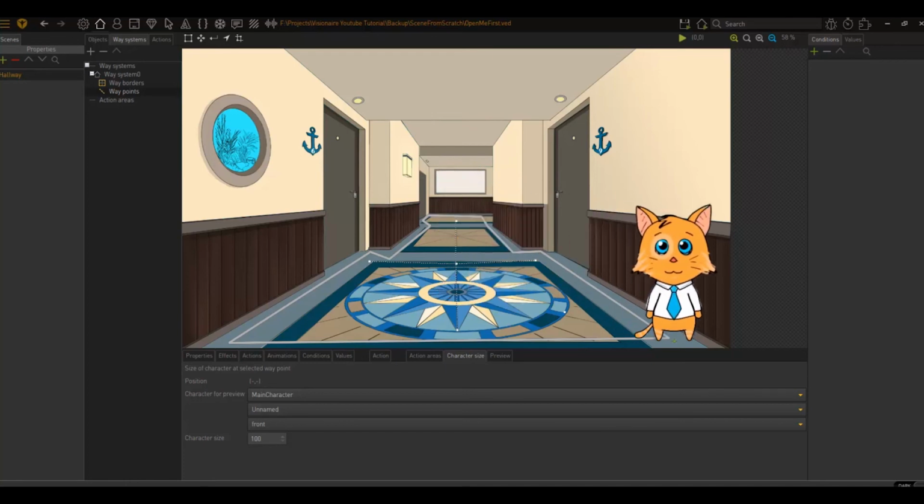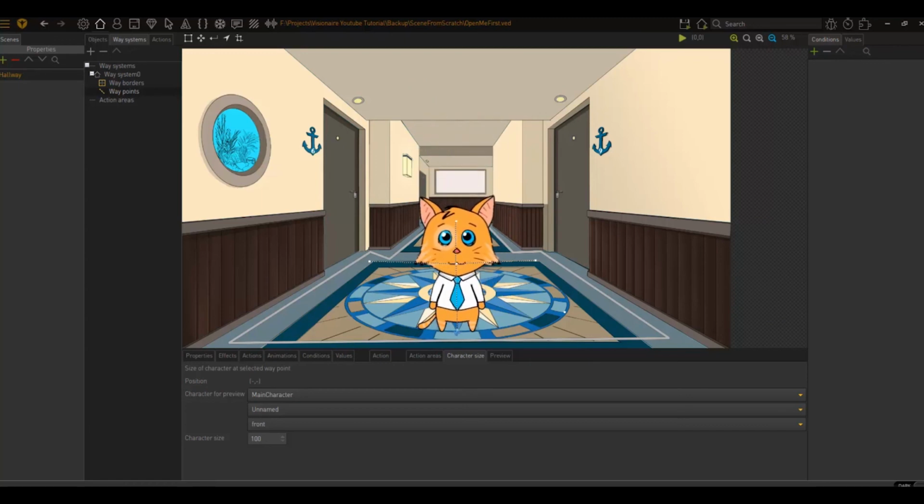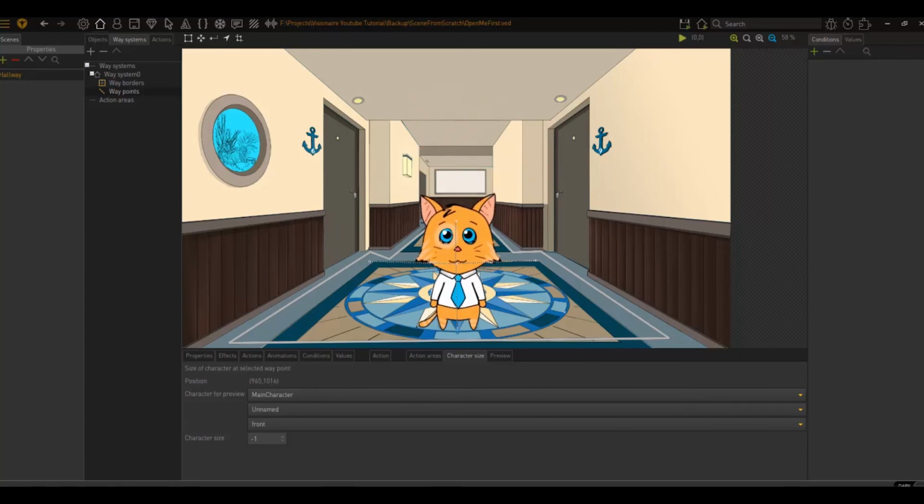Now, take a look here. My kitty is about this high. If you look, his head just touches that upper part of the wooden beam. Now, if I wanted my kitty to be larger here but smaller there, I need to define it via these waypoints. So I'm going to click on that waypoint. It's selected because you can see the position updated. If I choose the back area, you can see it updated here again. So I'm going to choose this waypoint,